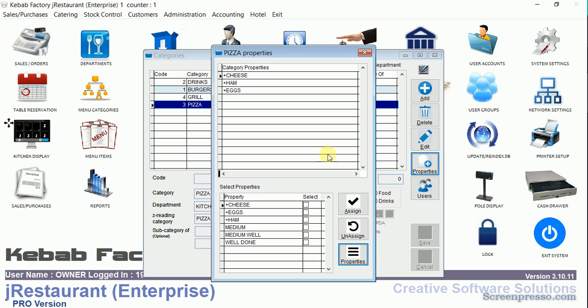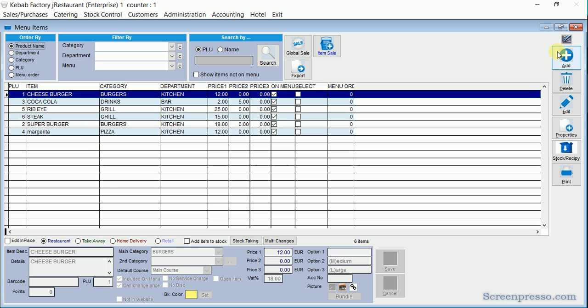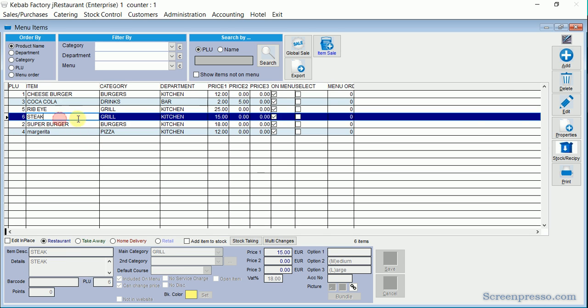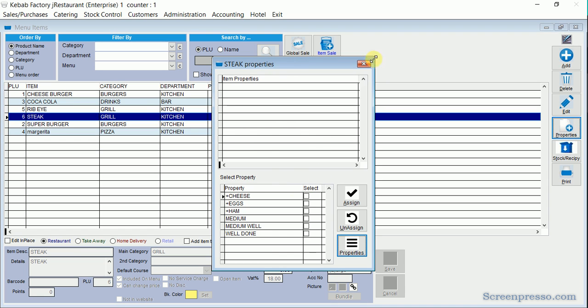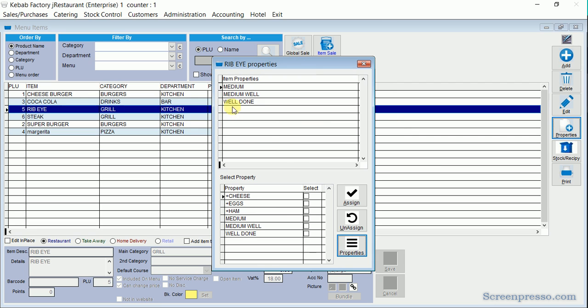You can add more to the list which is assigned, even when linking to an item. I could have done it from here, on the ribeye. You see? Now let's go and